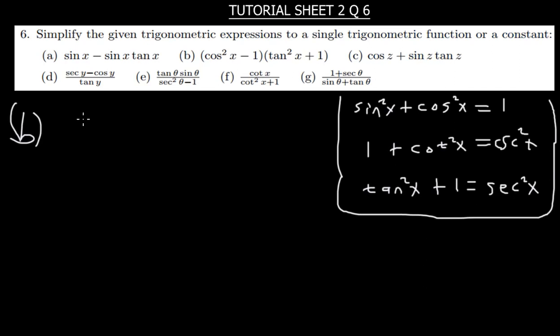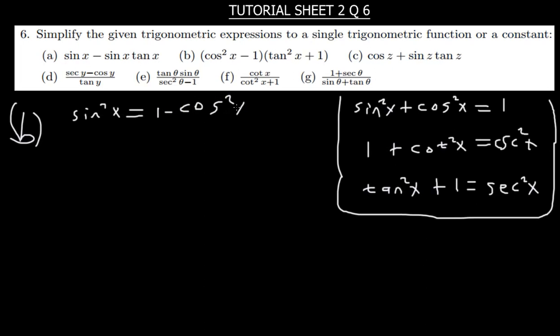So you can make it to say, when you take this cos that side, you are going to have sine here. Sine squared x is equal to 1 minus cos